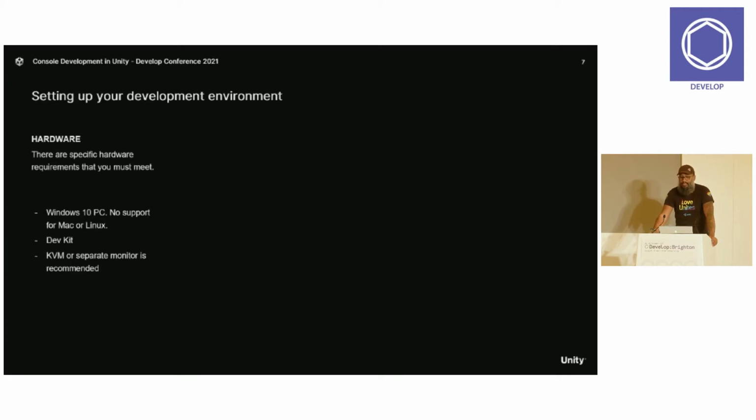You will need a dev kit, and hopefully you will have procured one of those through the program that you're working on. I would highly suggest that you set up some kind of KVM or second monitor. You can work off one screen if you want, but I wouldn't wish that on anybody who is attempting to code, develop, and deploy and test on a single screen. So setting up your environment ready to deploy is necessary.